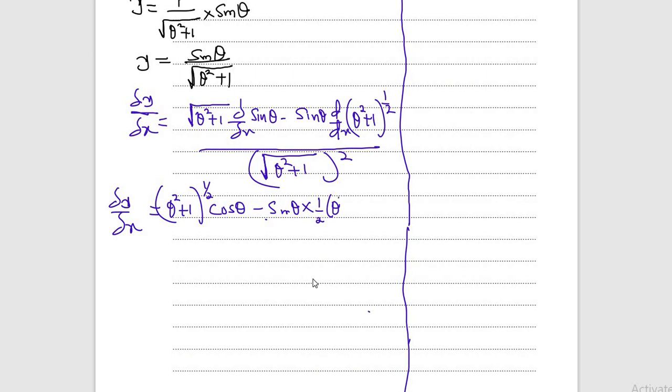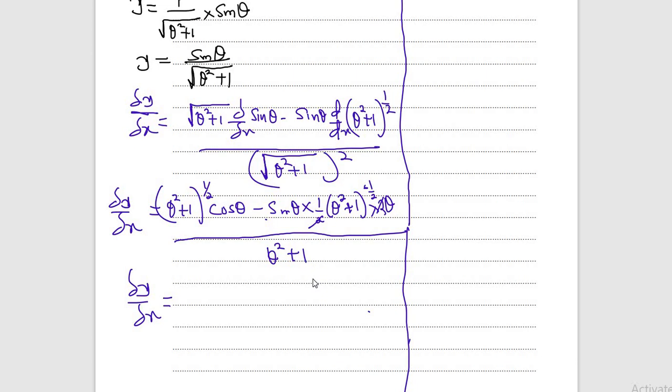Okay, so theta squared plus 1 to the power of minus half, I think it's minus half, multiplied by 2 theta, all over the bottom squared. In this case, it becomes theta squared plus 1. So at the end of the day, we have dy/dx will be, okay, this 2 cancels this 2. So what is left is